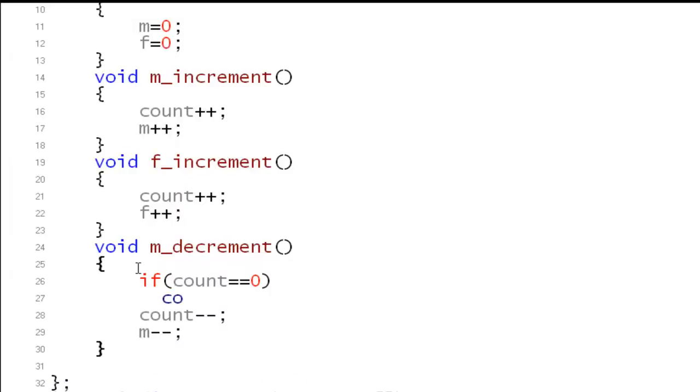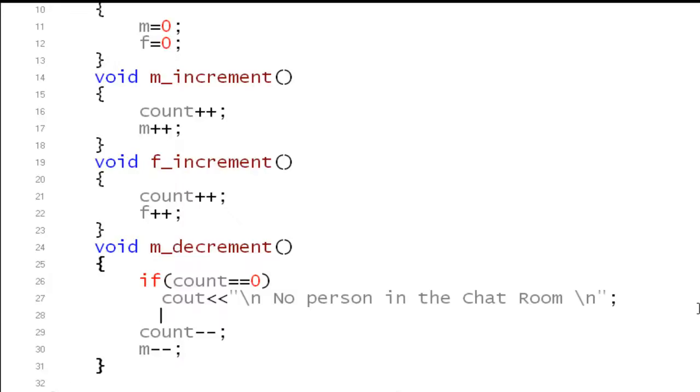I should give the information, with a backslash n maybe so that it's a new line, that there is no person in the chat room, because my count is 0. Count is the number of males plus females. When it is 0, there is nobody in the room. Else